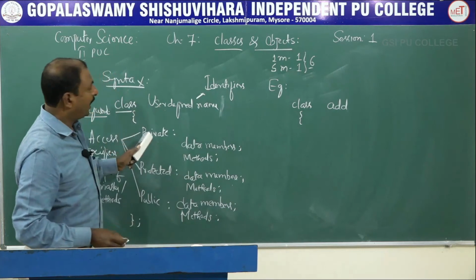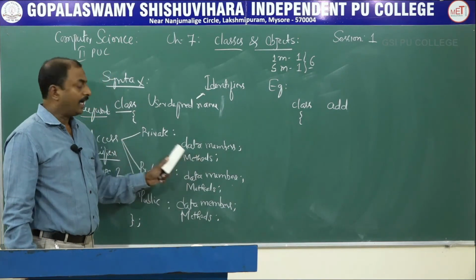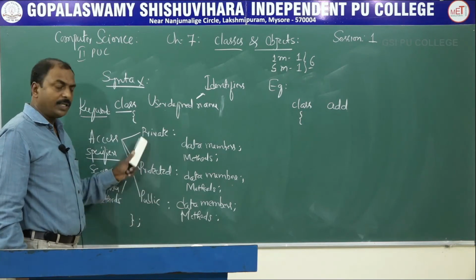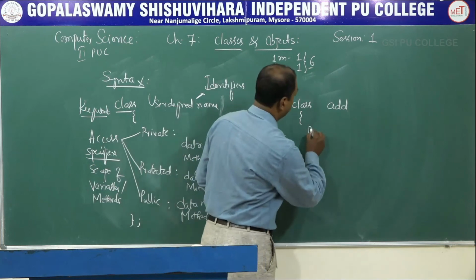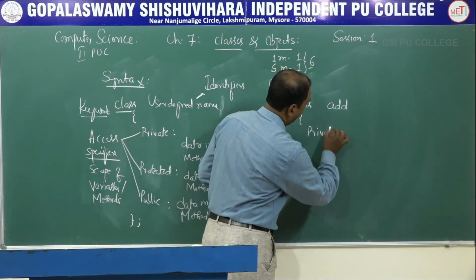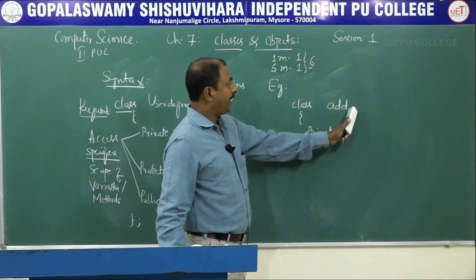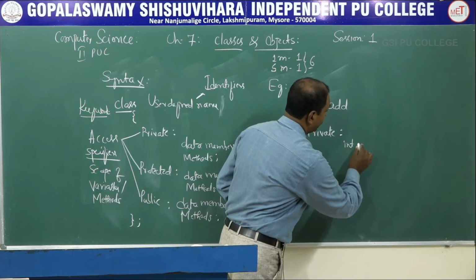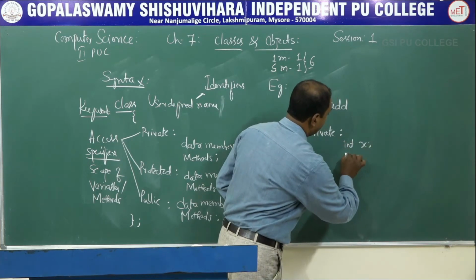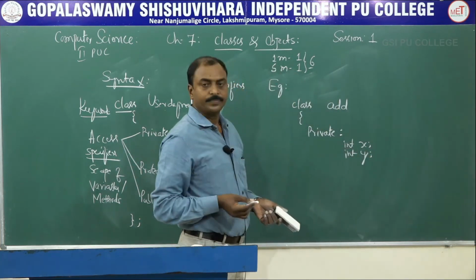Now here I can declare the variables or member functions in either way, or any of the access specifiers. So let me write an example with private variables, and here in this add I am declaring two variables, for example int x and int y,